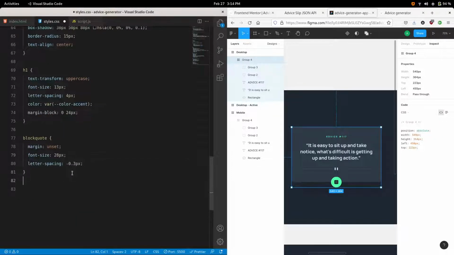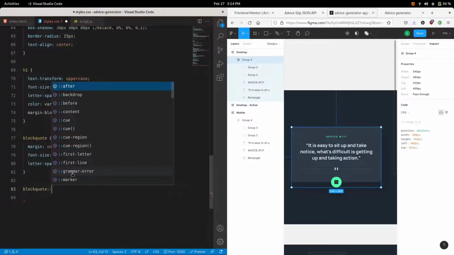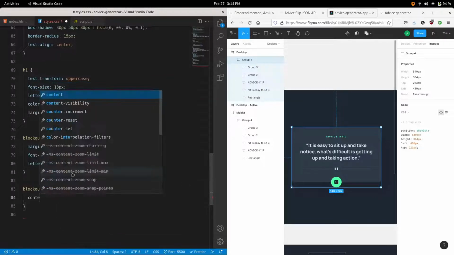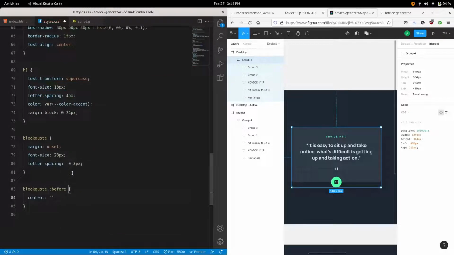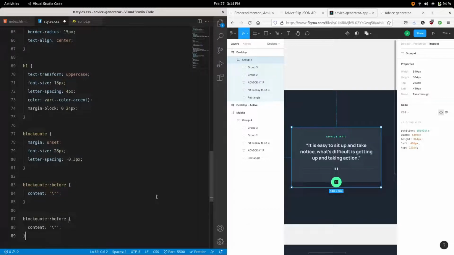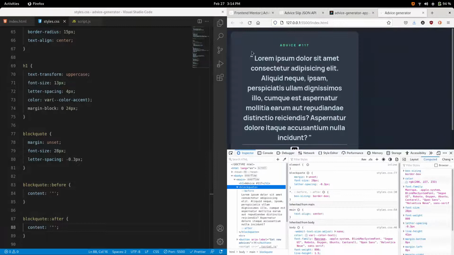So one neat way to do this is to use the before and after pseudo elements, which means that I can go and say block quote before, and we can say content in here. And again, I could use this quote from my default quote, and the same for the after element. And if we check this out, it looks like that, which is quite nice,